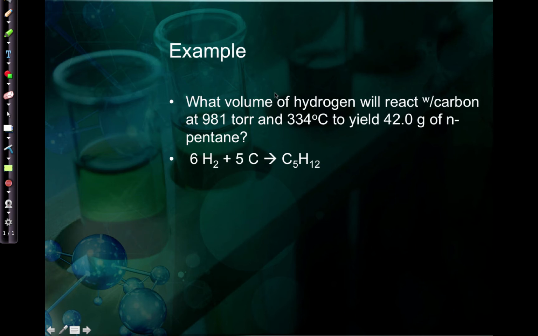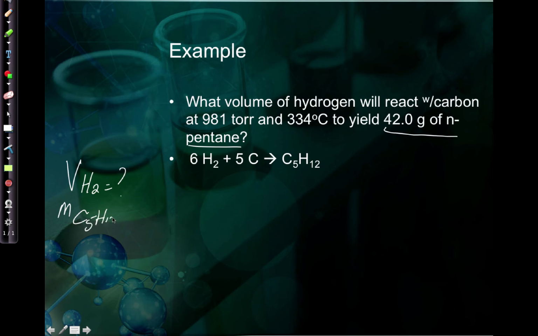Alright, so let's look at an example. What volume of hydrogen will react with carbon at 981 torr and 334 degrees Celsius to yield 42 grams of n-pentane? Right here it's saying it wants a volume of hydrogen, and then it gives you an amount of something else. It gives you a mass of pentane,